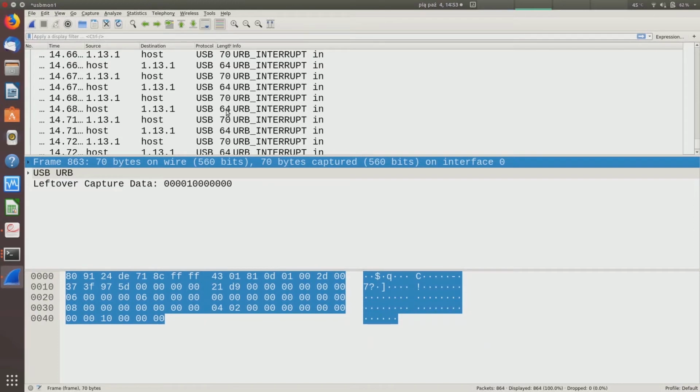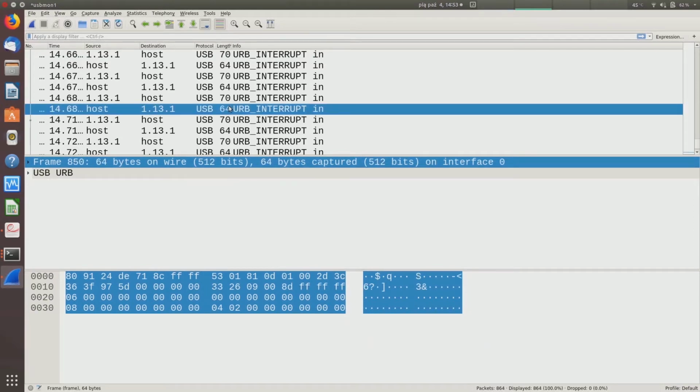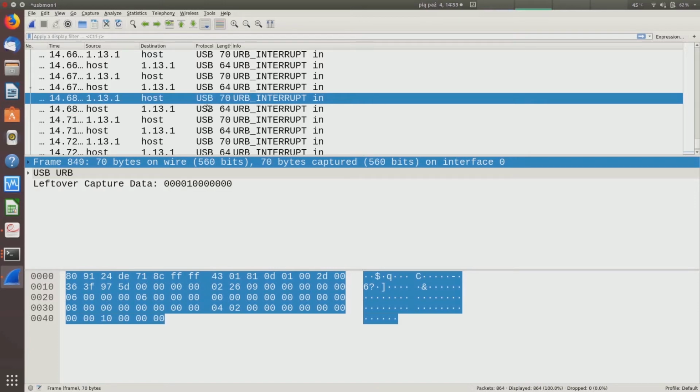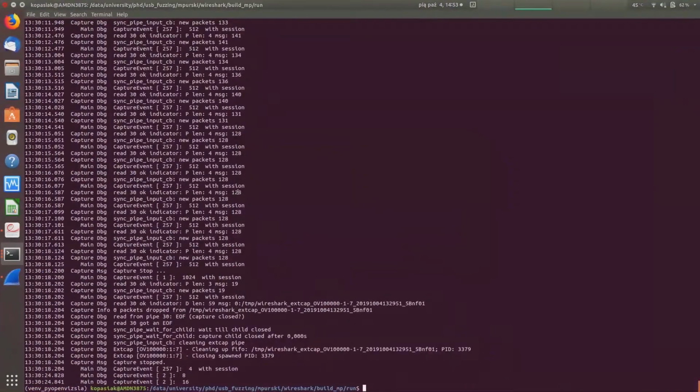Yep. Okay, so what you can see here is that we have only the information that a USB interrupt in transfer has been finished. And we have some data received from the device, right? You don't see any kind of tokens here. If we go now to OpenVizsla,